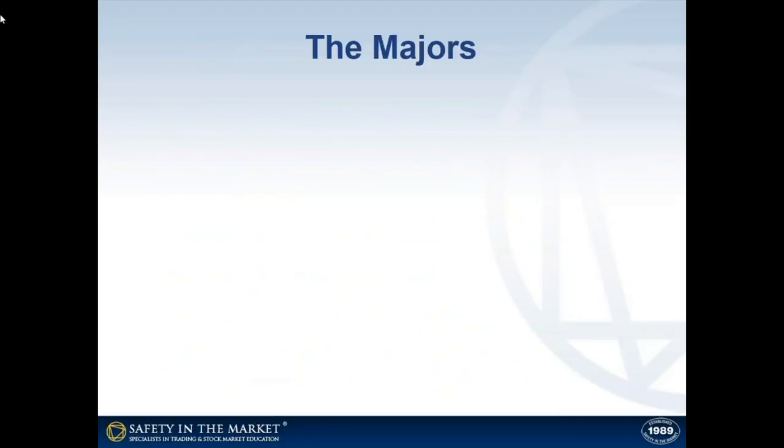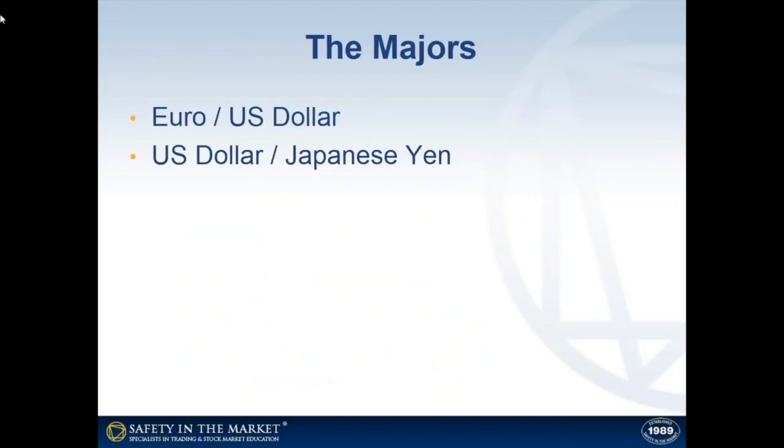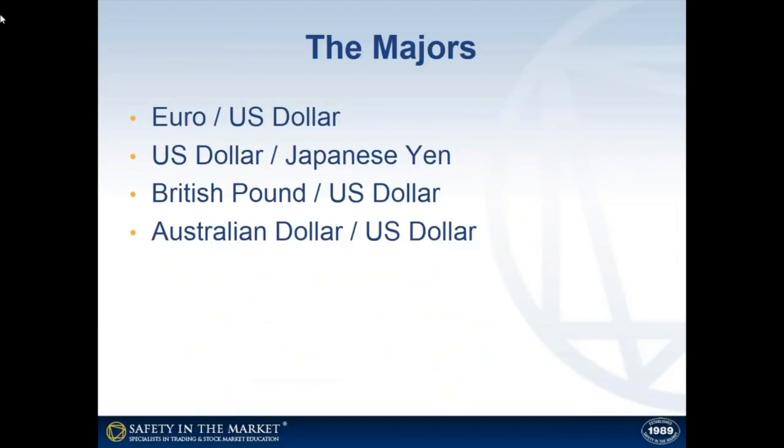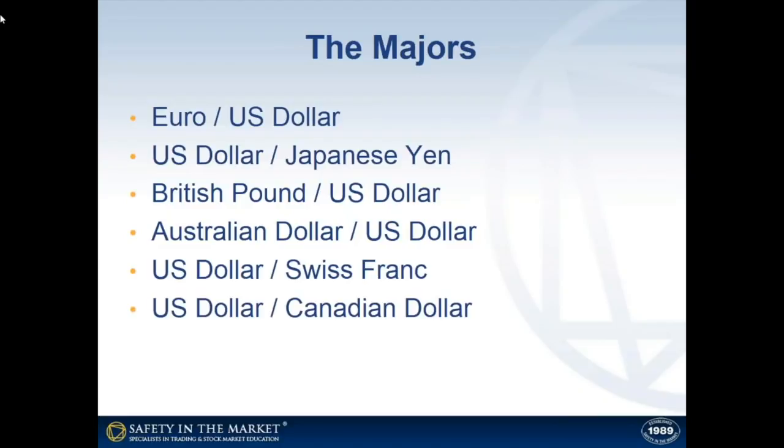So let's talk about the majors. You've got the euro against the US dollar, the US dollar against the Japanese yen, the British pound against the US dollar, the Australian dollar against the US dollar, the US dollar against the Swiss franc, and the US dollar against the Canadian dollar. Now,